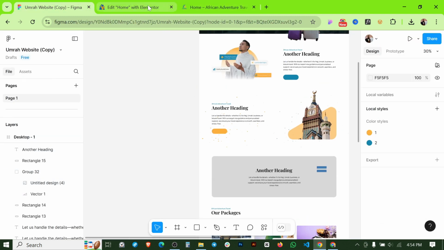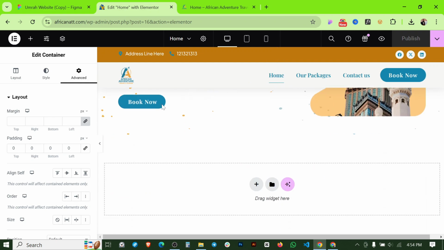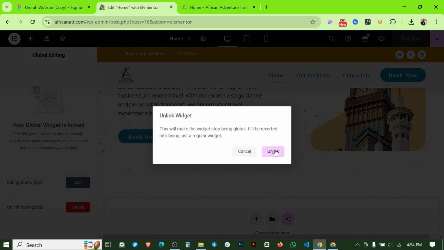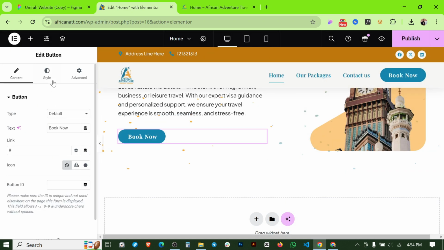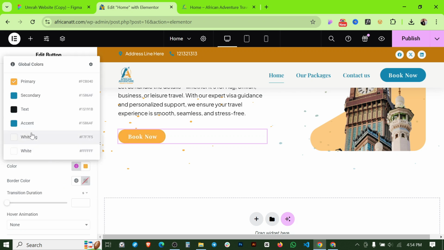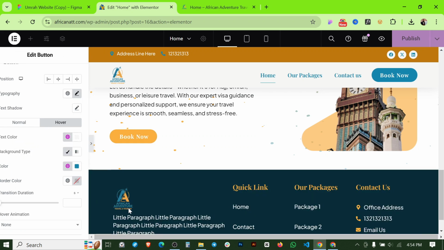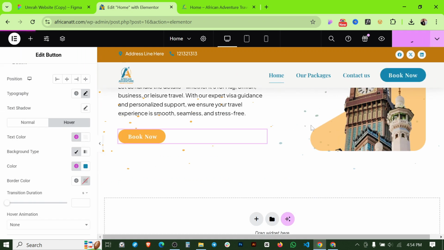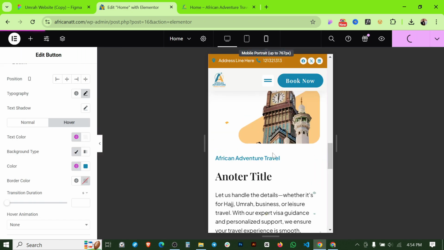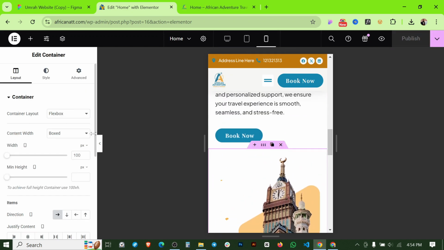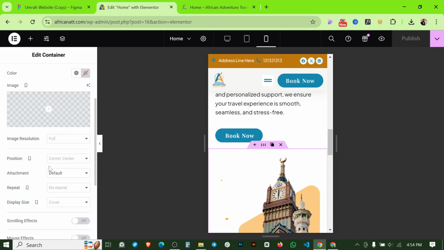In that section we can change this button color. We can unlink it to change these settings, and if I go for style, let's make it primary, and in the hover we can make it secondary, and our color changes. Okay, and if I go for the mobile one, and click on the 6 dot and go for style,